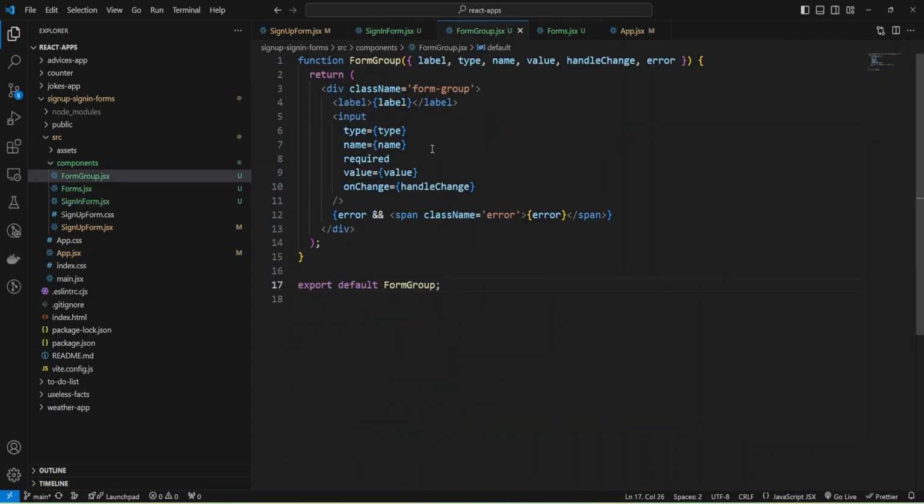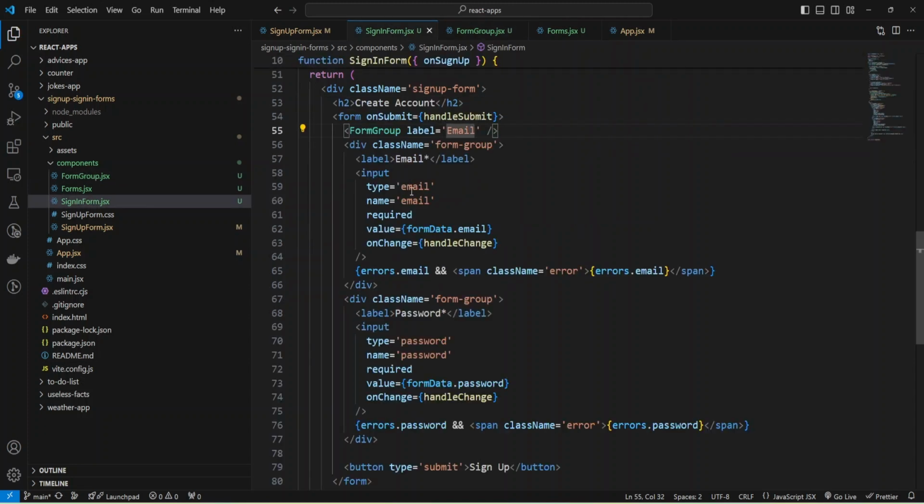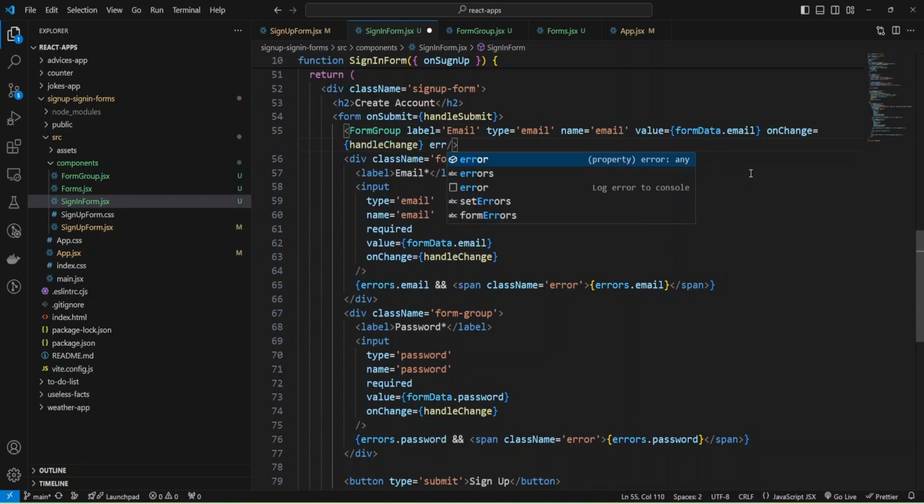And here I probably can add required and provide my label, and type will be also email, and name will be email and value will be formData email, and change will be handleChange, and error will be errors email.